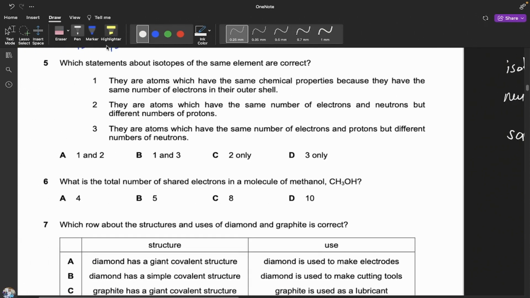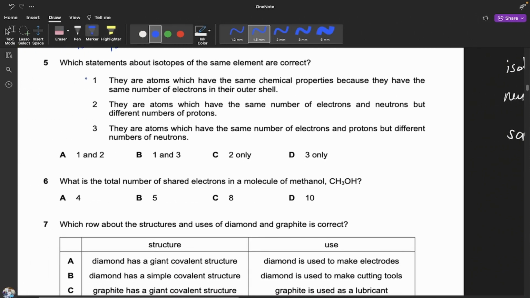Okay? So, first, they are atoms which have the same chemical property because they have the same number of electrons in the outer shell. That is correct. Second one, they are atoms which have the same number of electrons and neutrons but different number of protons. No, different number of neutrons. So this is wrong. They are atoms which have the same number of electrons and protons but different number of neutrons. Yes. 1 and 3 are correct. So the answer is